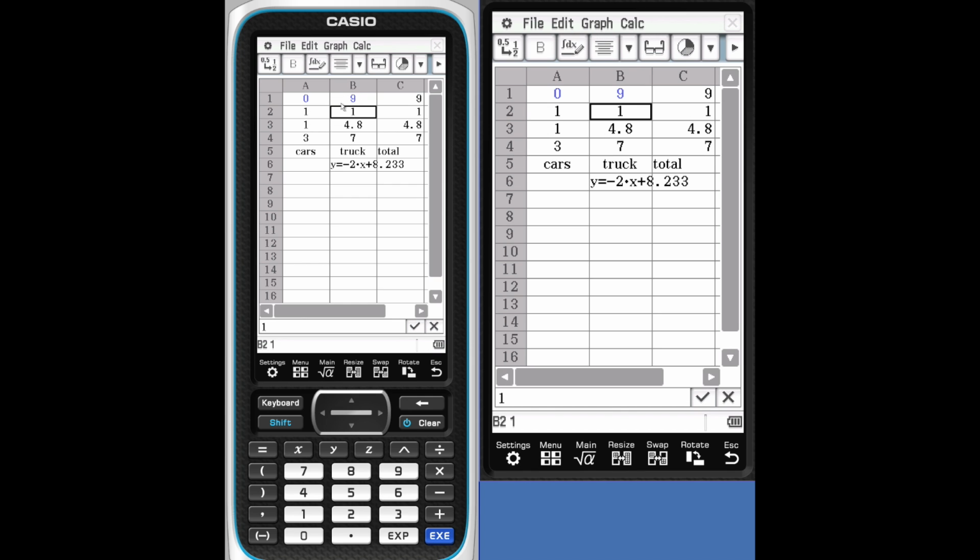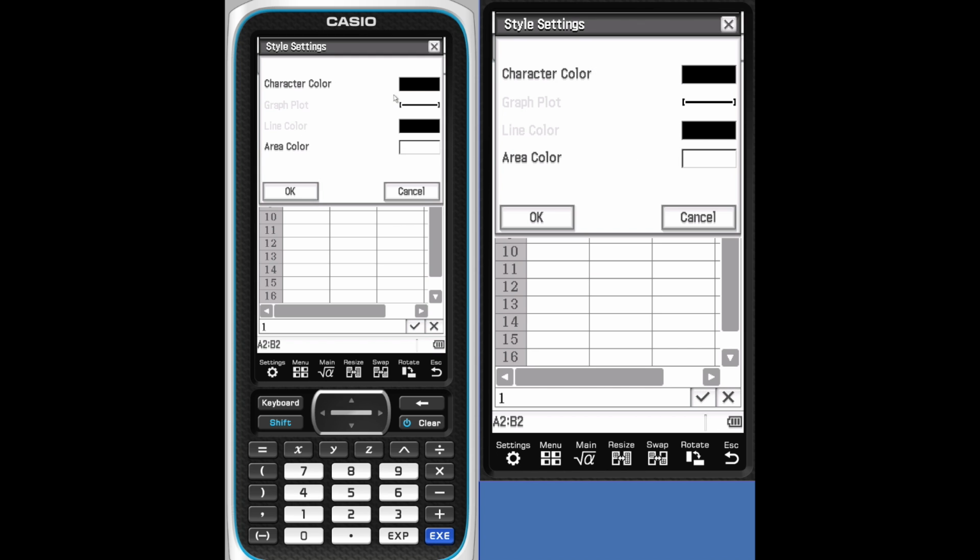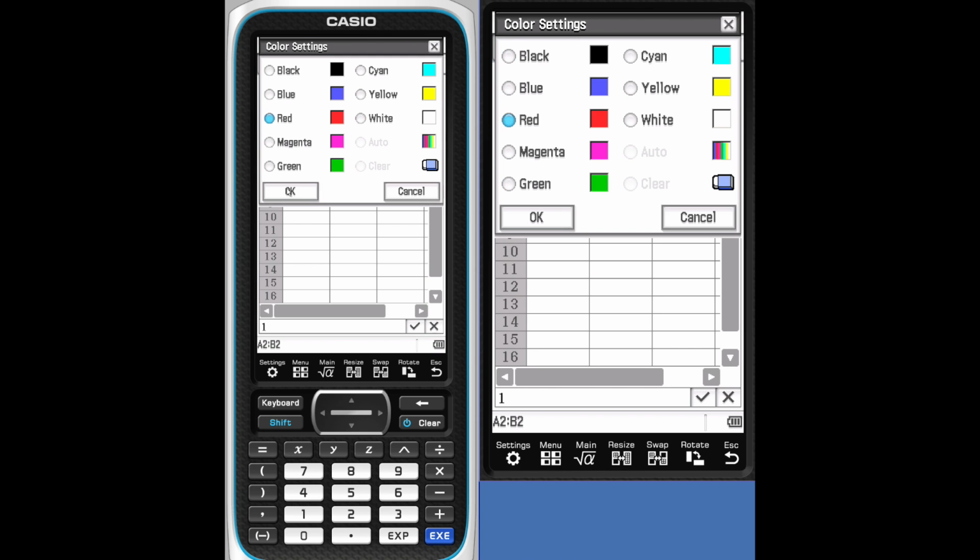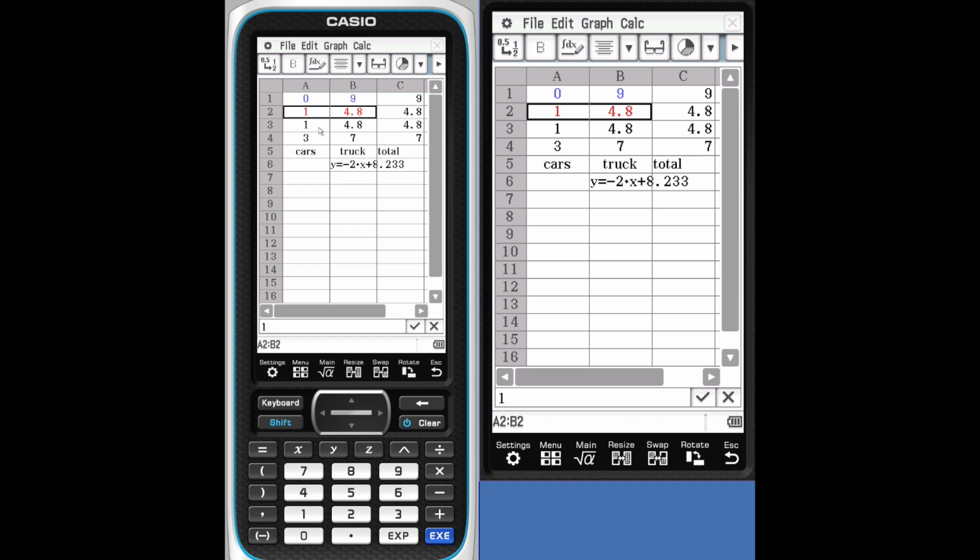We'll change the next pair. Oh, that was a 4.8 there. So we tap and select, there we have it. And we're going to change the style there. We'll change that to red. Tap OK and OK. We'll do 2 more here. And I did it again. Let's make that a 5.8.